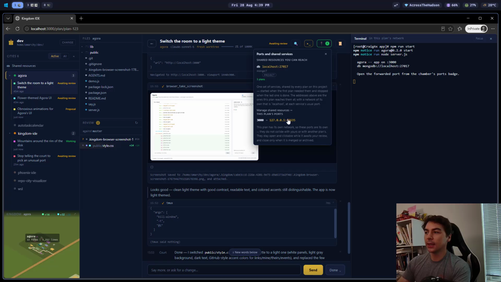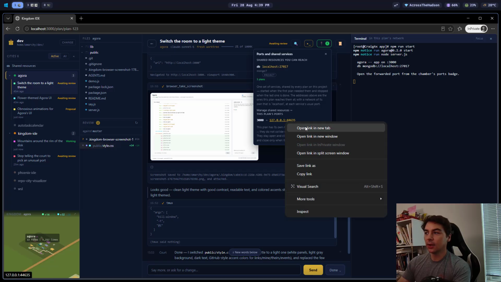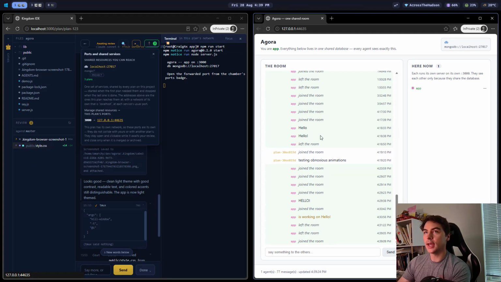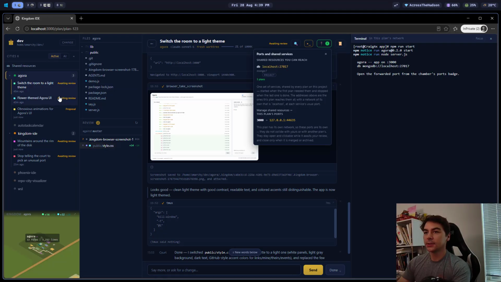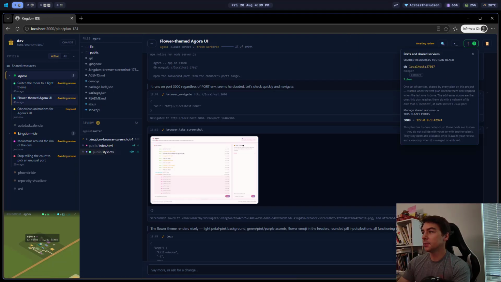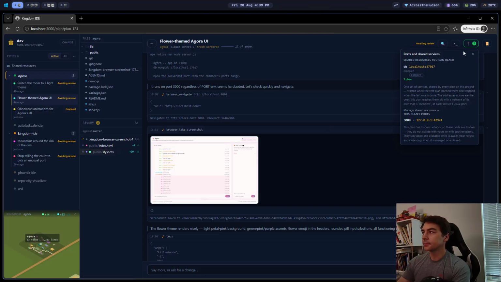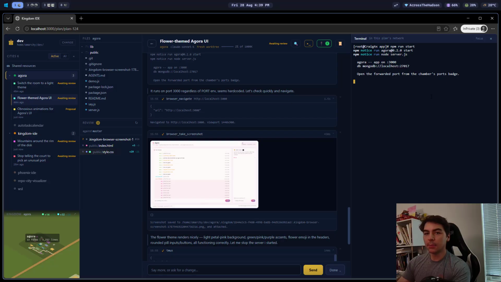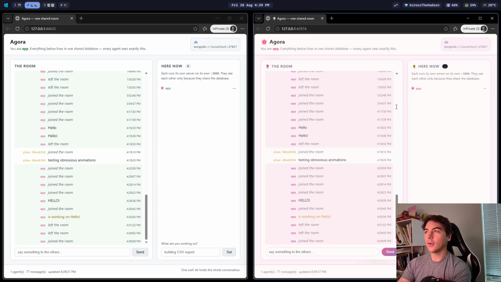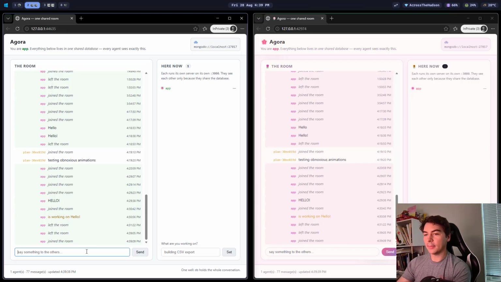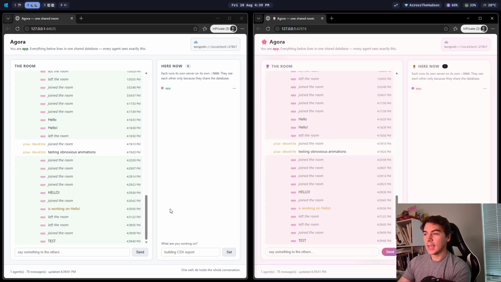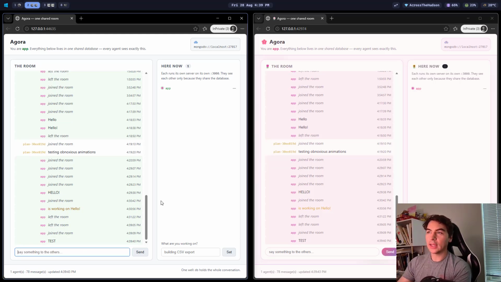What that's doing is it's running in this isolated context, and I can go and access it. So I'm going to open this up in a new tab. I'm going to throw it over to that workspace, and let's, for fun, open up this one as well. I think I already have this running. Yeah. And what is great about this is that if I go here, I can go and interact with this app. So I can send messages and these can talk to each other, but they are all running,